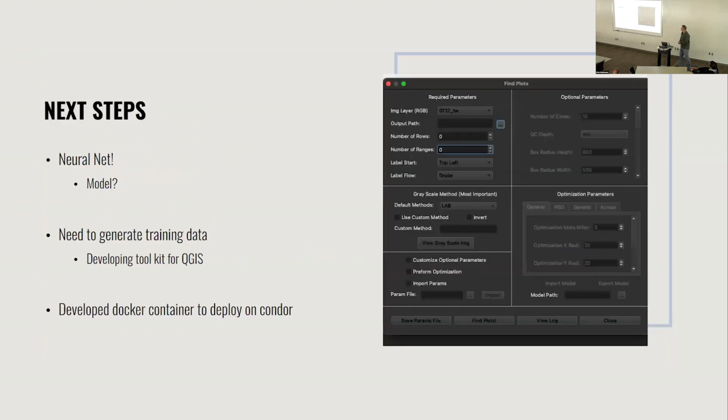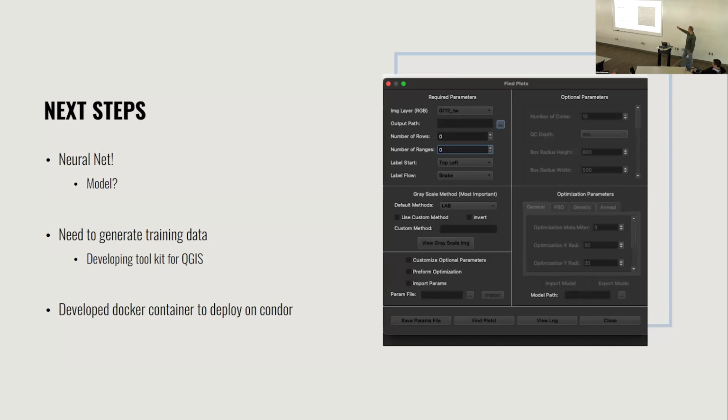And so the next step is, through talking with Chris, he suggested trying to develop some kind of convolutional neural network to do this. Seems like it would be great for it. And I agree with him. That's an awesome idea. The problem we're at is we don't have enough training data. And so my goal in life is not to be the grand overlord of drone image processing. I'm tired of people just throwing me data and asking for results.